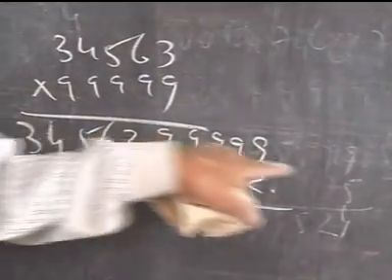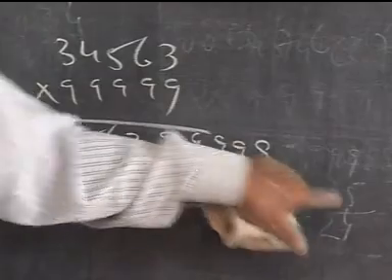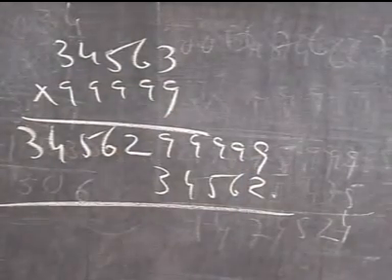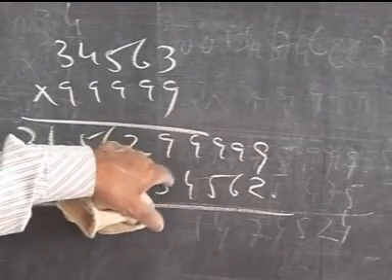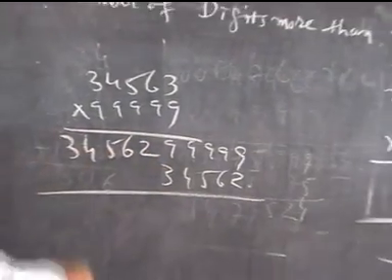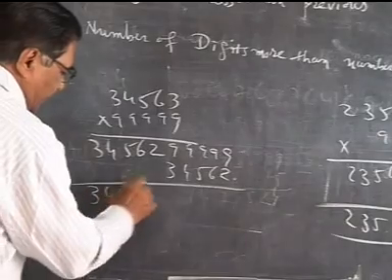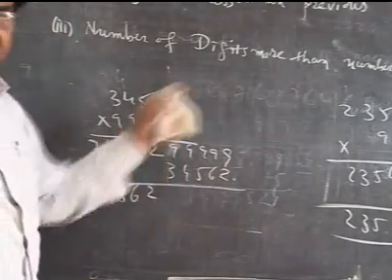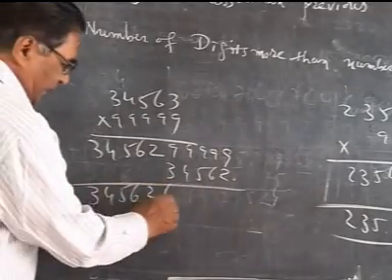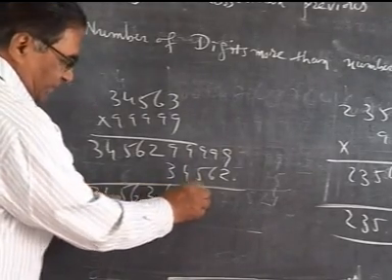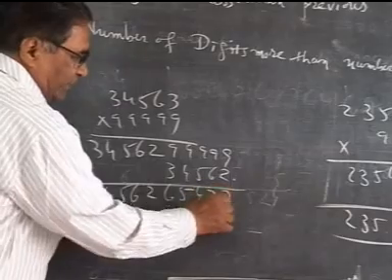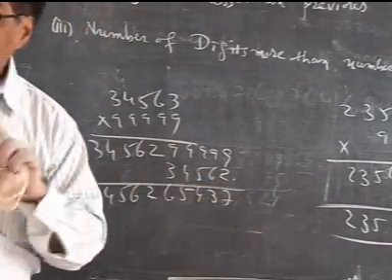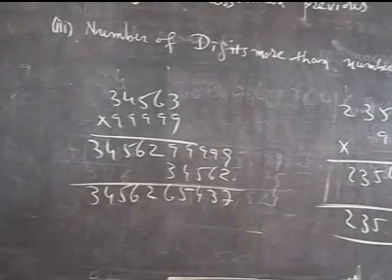We were not adjusting 9s. The reason is, as many digits are there, that many 9s are there. And so, instead of putting these 9s, you can directly say 3, 4, 5, 6, 2 decrease 1, and you can subtract either this way or this way. So 3, 4, 5, 6, 2 and 6, 5, 4, 3, 7. The entire method is the same. The question is, how does the method work?